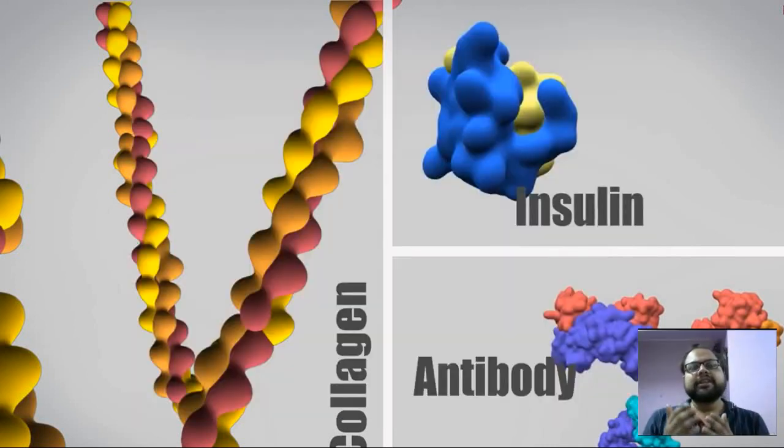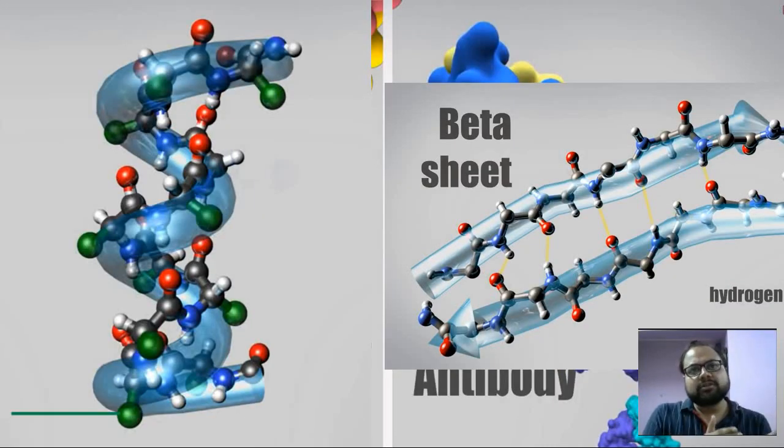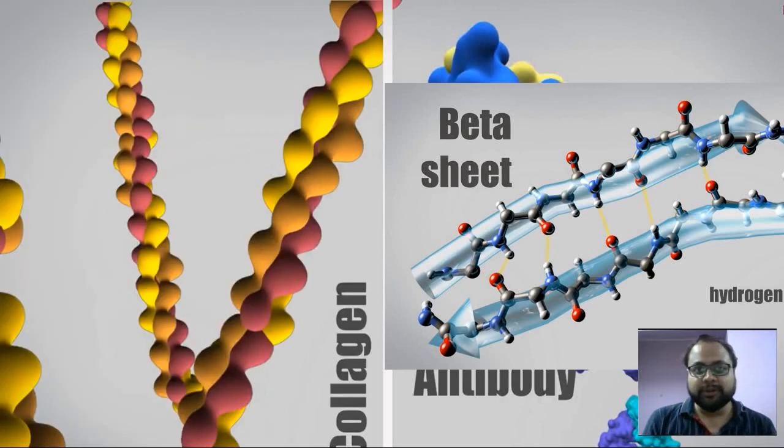But what is the importance of the secondary structure of the protein? Protein structure plays a very key role in the function of the protein. So if the protein loses its structure, then it's also going to lose its function. The secondary structures, that is your alpha helices as well as the beta sheets, provide this structure to the protein. And also, they provide an important function to the protein.